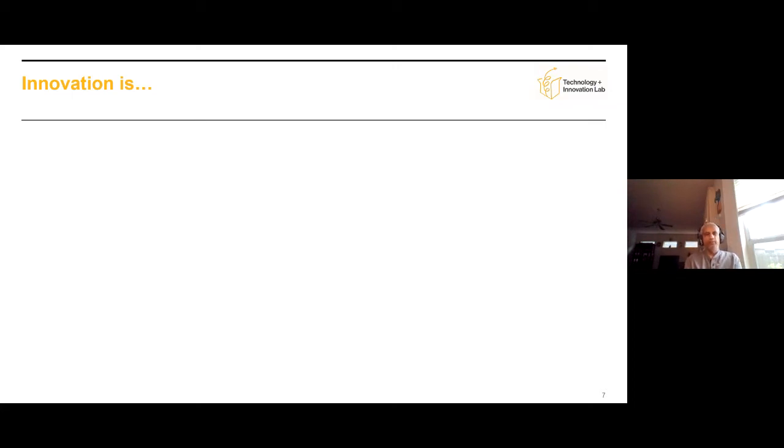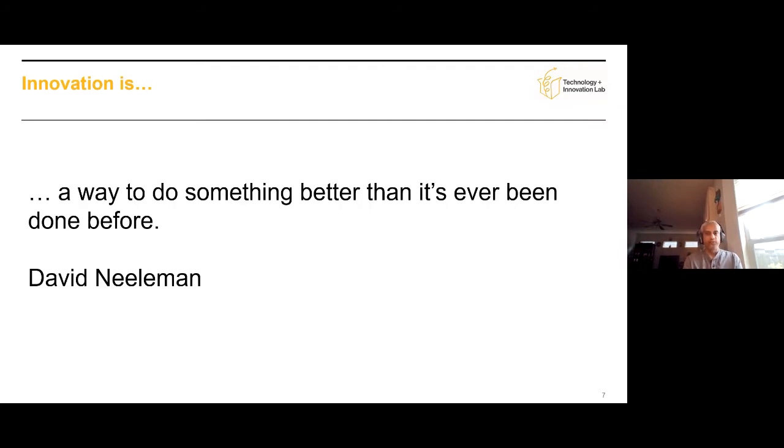The definition I like the most, the one that resonates with me, is by David Neeleman, one of the ex-CEOs of JetBlue. He said it's a way to do something better than it's ever been done before. I think that is a very short but very impactful statement. It makes a lot of sense what innovation is about. It's about making the lives of people better. It's about making things better